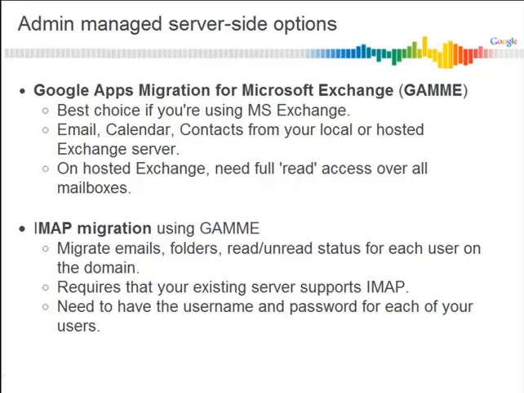Our core tool for performing this type of data migration is Google Apps Migration for Microsoft Exchange. This tool is the best choice if you're migrating from a Microsoft Exchange 2003, 2007, or 2010 server. It'll allow you to easily migrate users' email, calendar, and contact data in batches. Simply create a list of users you wish to migrate, select the type of data you'd like to move, and let the tool run. GAMME moves approximately 1 message per second, so expect it to take some time to move